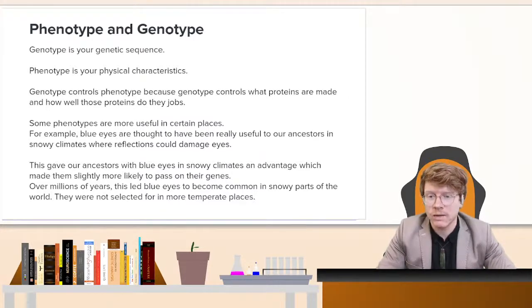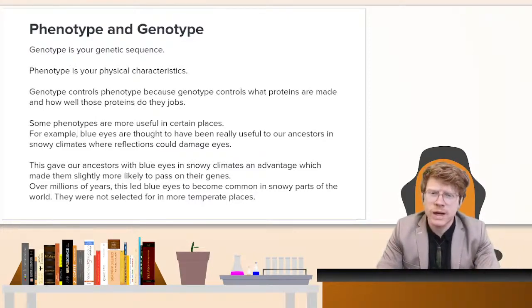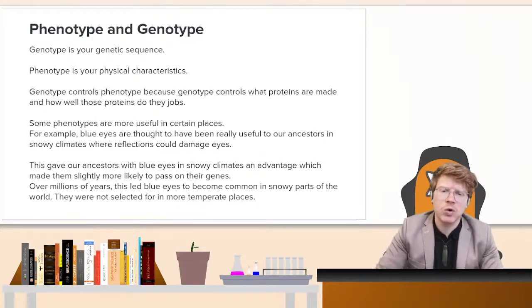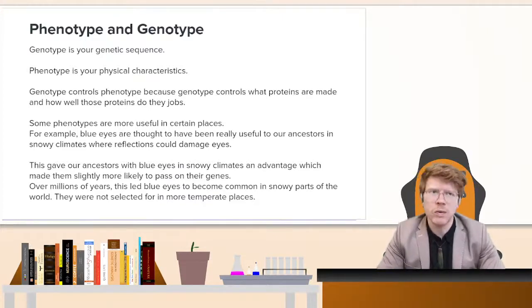Like whether or not you had different things happening to you over the course of your life. So we would sometimes call that your genetic potential. But yeah, as long as you kind of get the idea that genotype causes phenotype, but that phenotype is also influenced by the environment. An example of this, of a trait that is selected for, so one of these physical